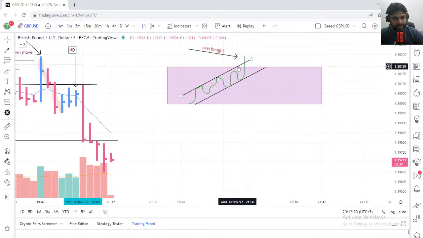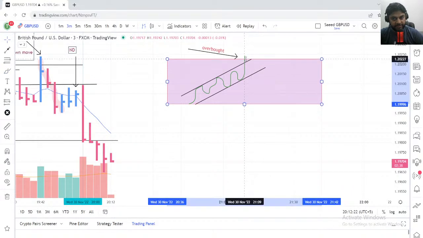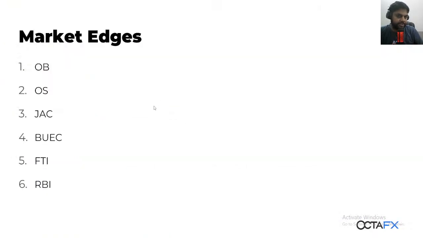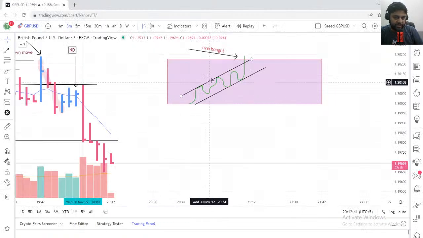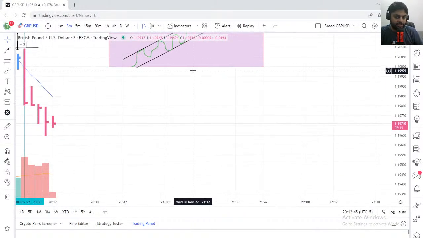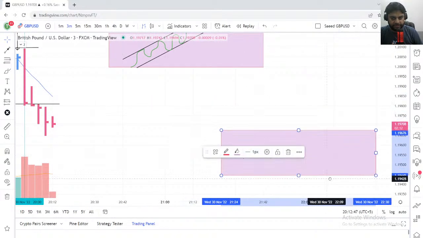And one more thing: when the market is at resistance, what will happen? It will also go down, right? So remember these 2 points, because we are going to put them together to create a trading strategy which will greatly help you in the markets. When the market is overbought, that's an edge of the market. When the market is oversold, that's also an edge of the market.